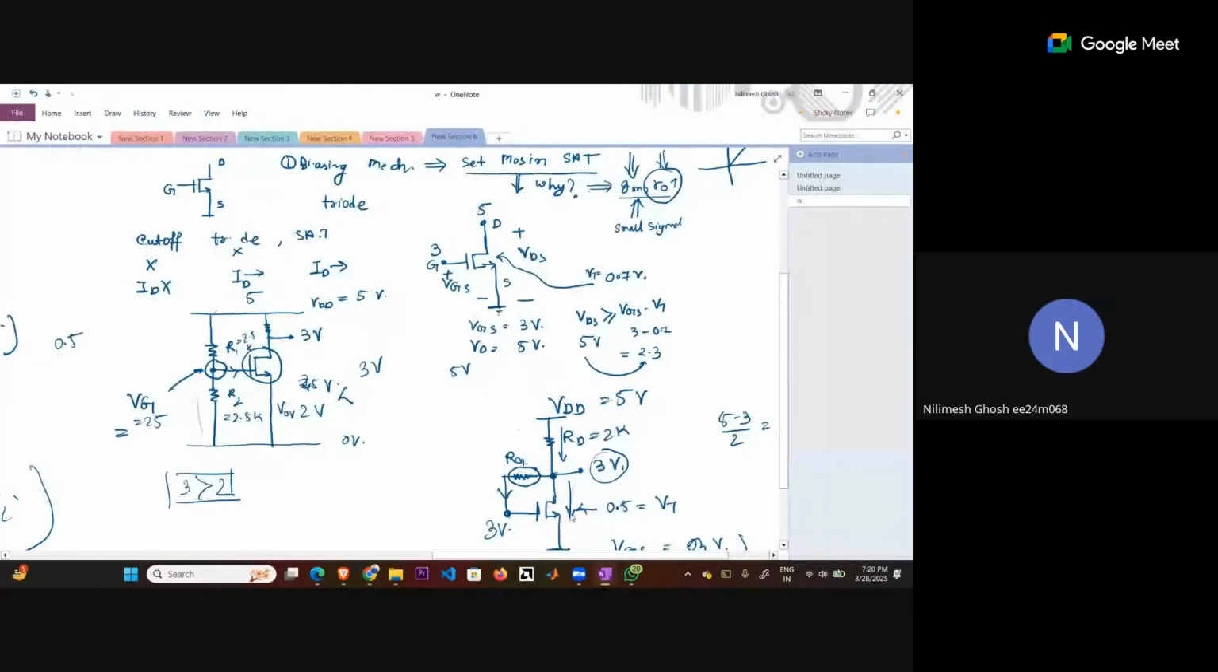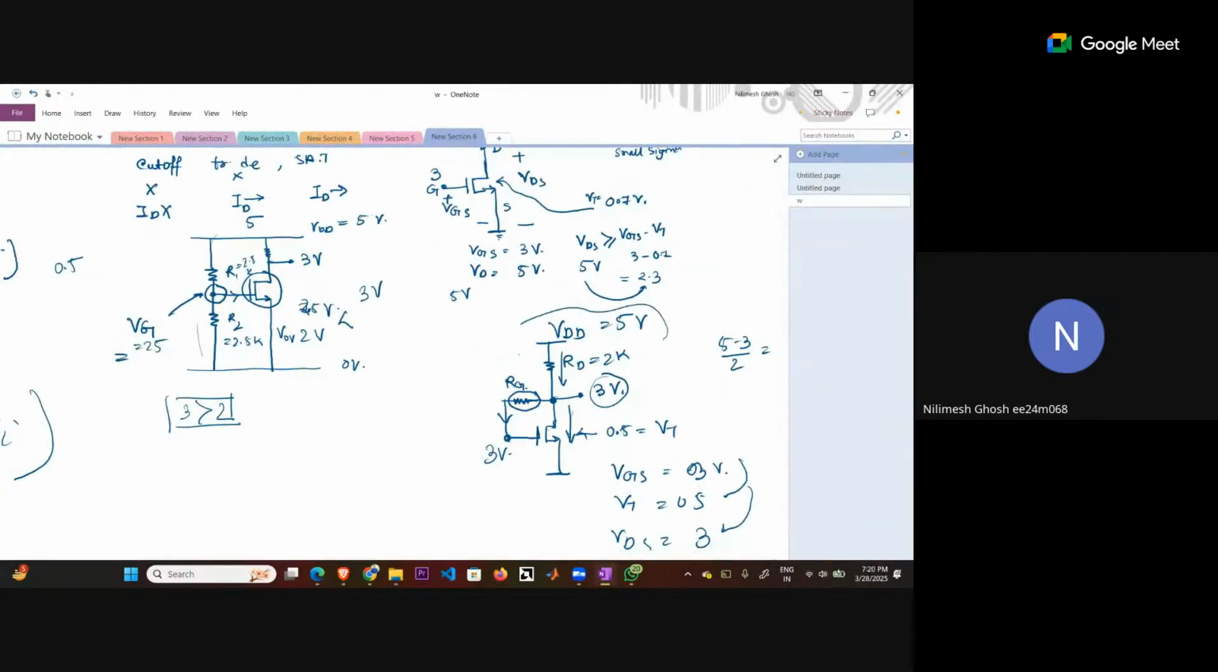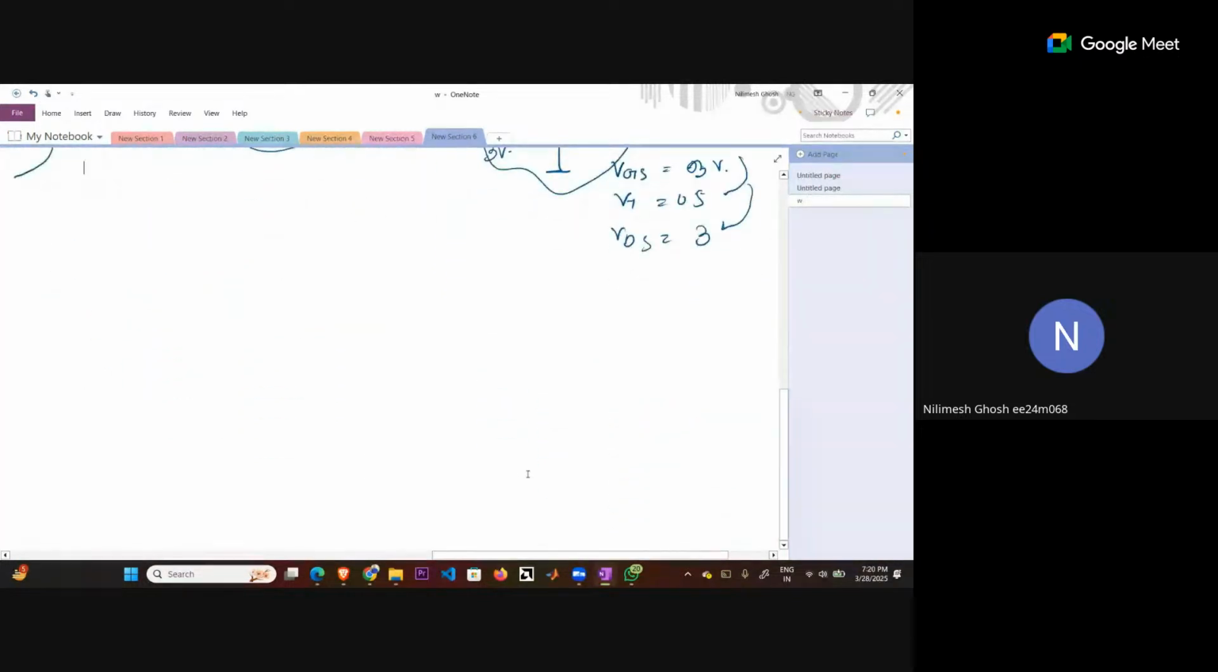So these are the two bias stabilization circuits. I discussed this one, which is one of the bias stabilization circuits. There is another bias stabilization circuit also. Even the current mirror is one of the bias stabilization circuits. Okay, now,